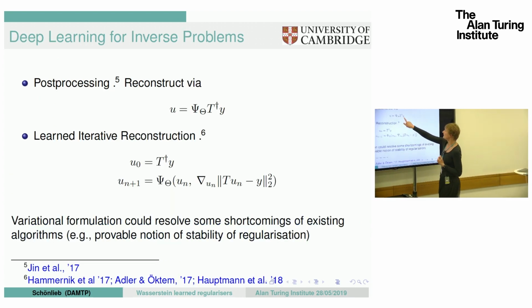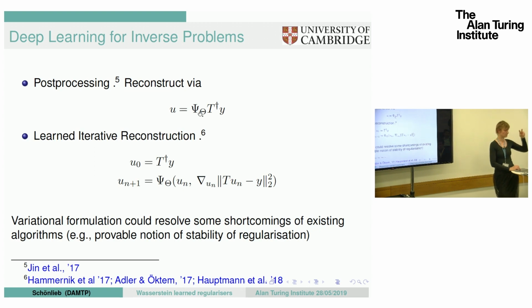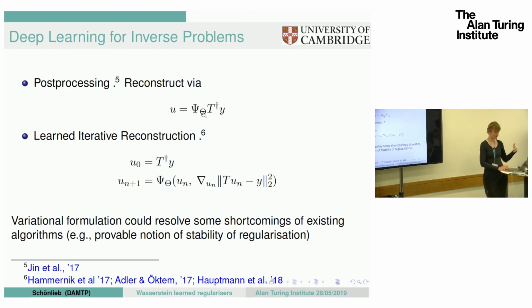So you apply the pseudo-inverse to your data. And then this is my placeholder for a neural network. You take this now image, and you send it through a neural network that is parametrized by theta to reconstruct you. Okay? Good. Another idea was to interleave the inversion and